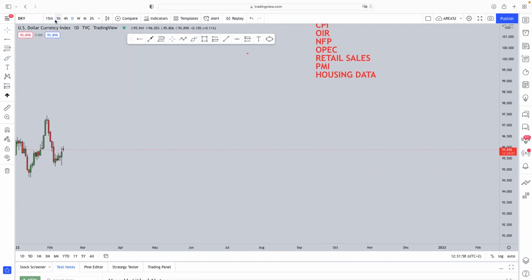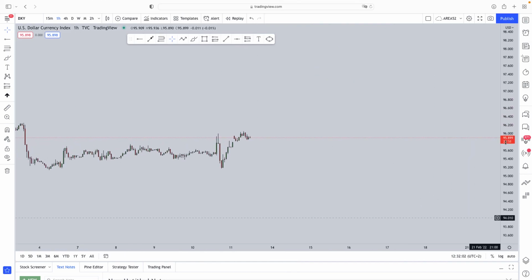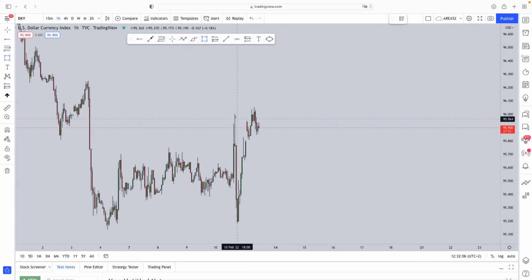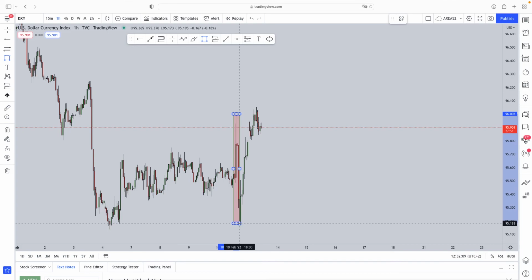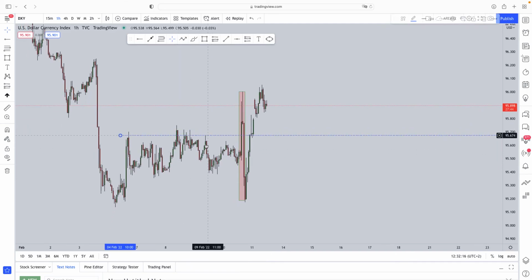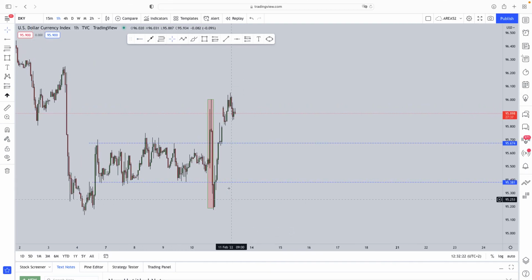Now, I will leave you guys with one piece of information. The fundamental data drives the long-term momentum of the market. Now, when you trade this data, this is what happened yesterday. This is when the PMI came out. Now, I want to show you something that was very frustrating for myself. Although the data for the US dollar was quite positive, we still saw this major drop in the DXY afterwards. Now, you have to understand one thing in the market.